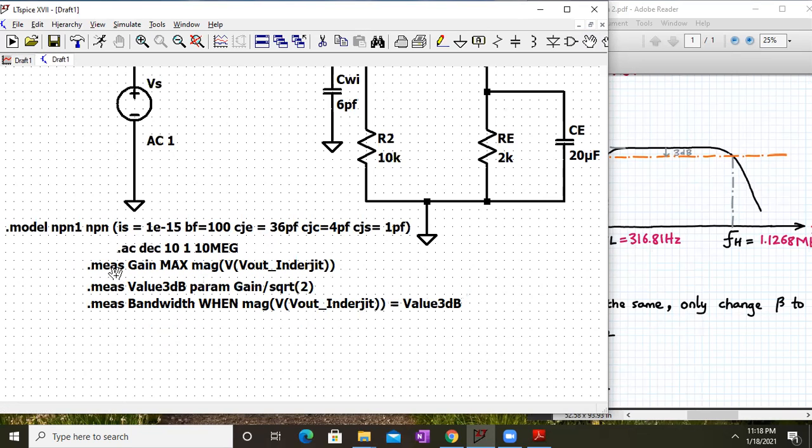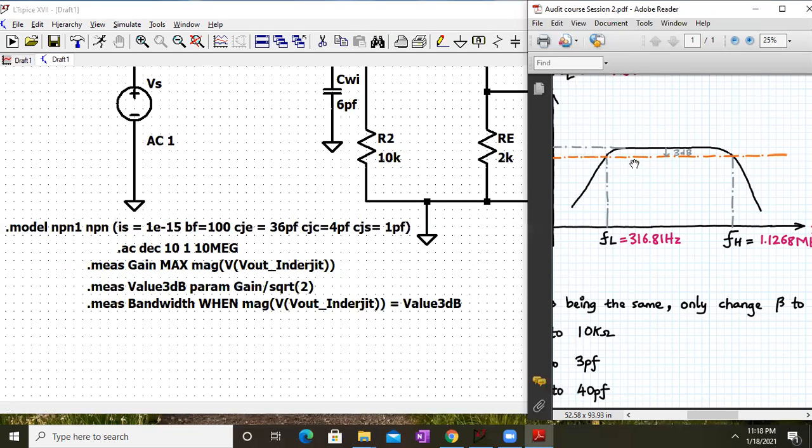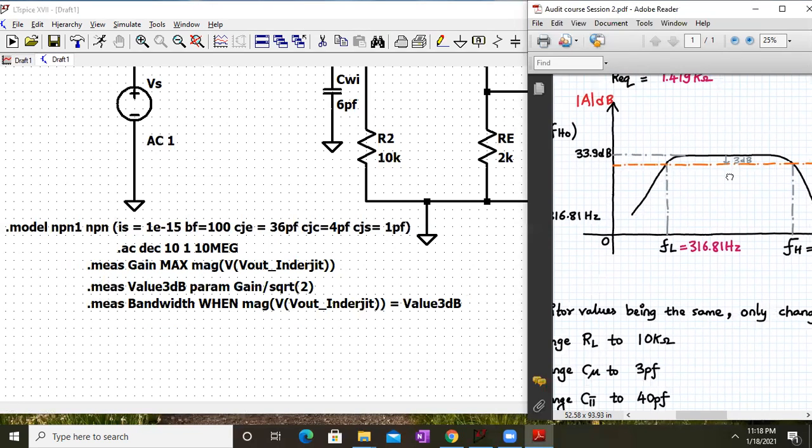So what is the first statement doing? The first statement is directly calculating the peak value of the gain in dB. Basically the maximum gain, yeah, in dB. And this value 3 dB param, that is gain divided by square root of 2. It's calculating the 3 dB down value.